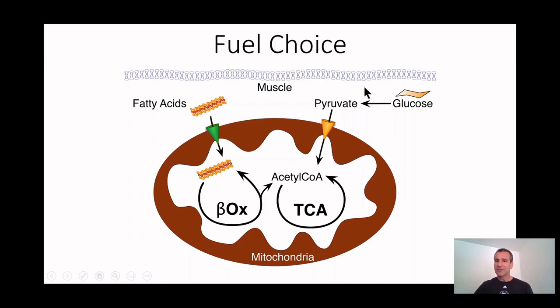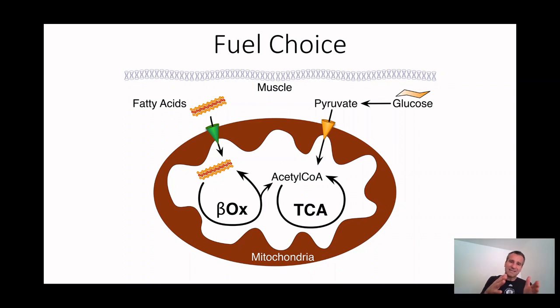So you can either have lots coming in from sugar, you can have lots coming in from fat, or you can do a mixture. But once you get to this acetyl-CoA, if there's a lot more fat being broken down, you're going to get more of the cars coming from that direction into the TCA cycle. If you have a lot more sugar, now you're going to push more sugar in here. Now you're going to have a lot more cars coming from there. So now you're going to choose to do the sugar to drive the TCA.